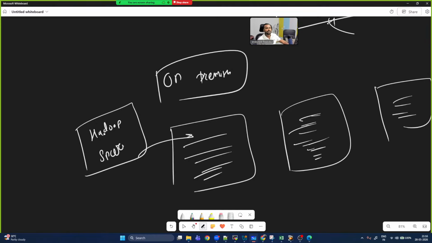They are responsible for the upgradation, installation, maybe some security concerns, and maintenance activity. If they want to add one more node, all those things were done by the admin people, and the development part was done by the developer people. So what are the challenges that we observe here? The main challenge over here is, in on premises, the initial cost is very huge.